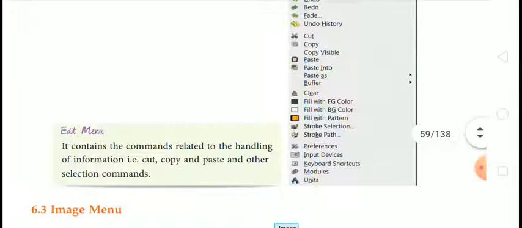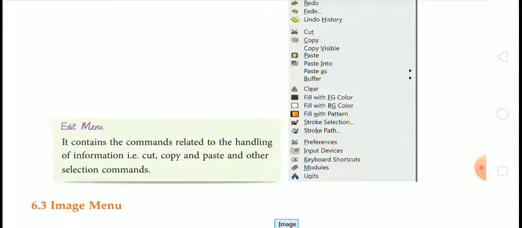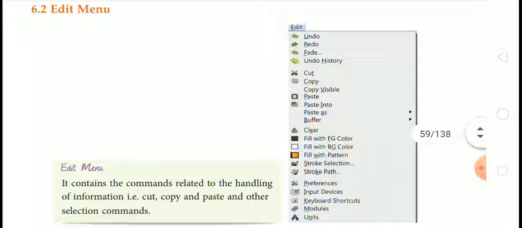Then next is modules and units. So these all are options which are available in the edit menu. So this menu is very useful and helpful for editing images.